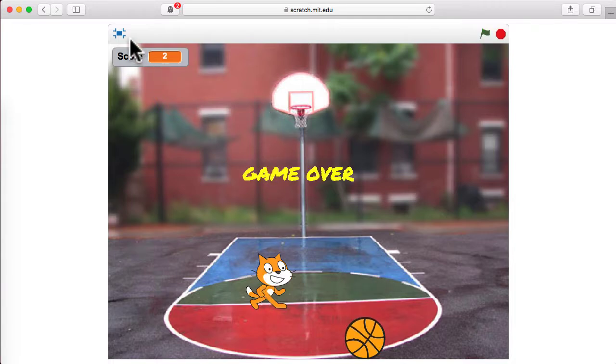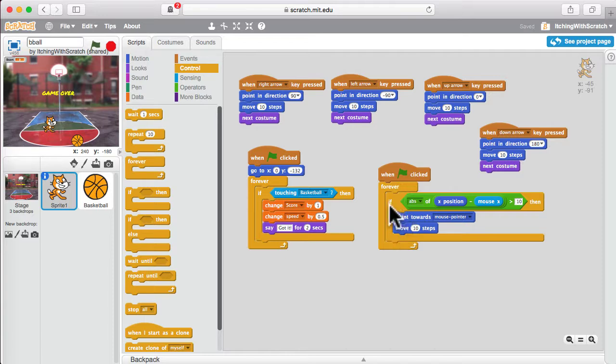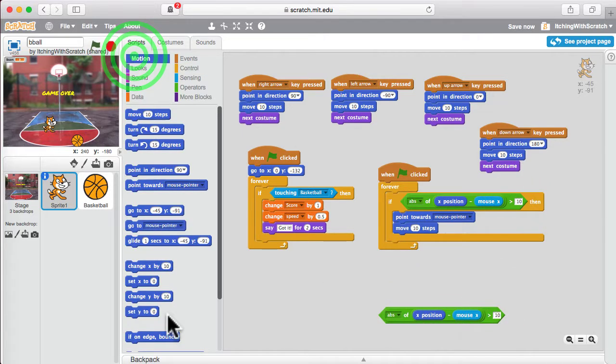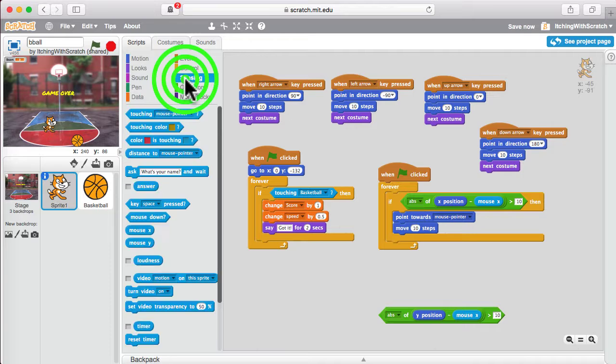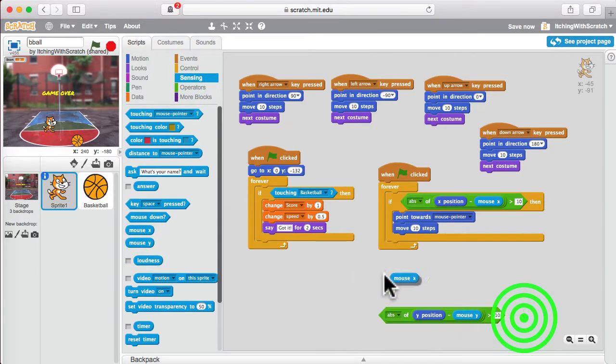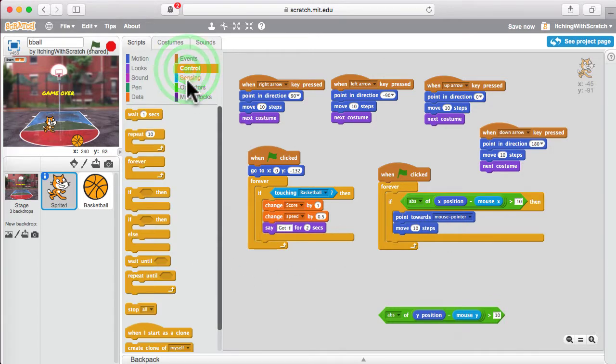So we're really close, but we have just one more little thing to do. We need to do the same thing, but check for the y. So instead of x position, we want to use the y position of the cat, which is this blue one here. And we can recycle this x position. Same thing for the mouse. Recycle that mouse one. And then we want to put that in the if, and we'll combine it